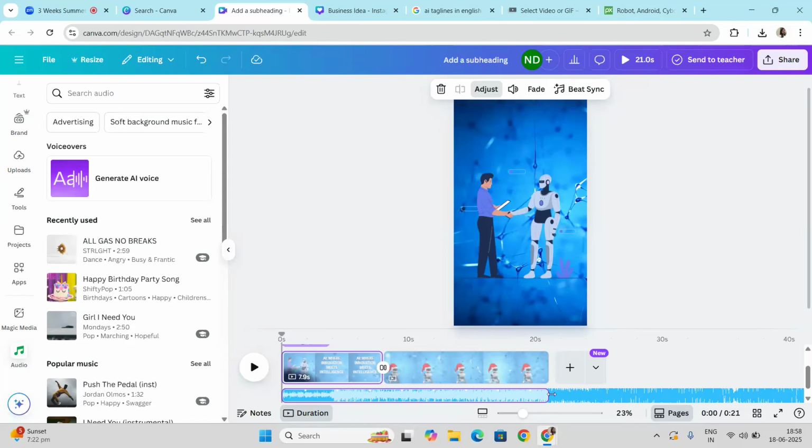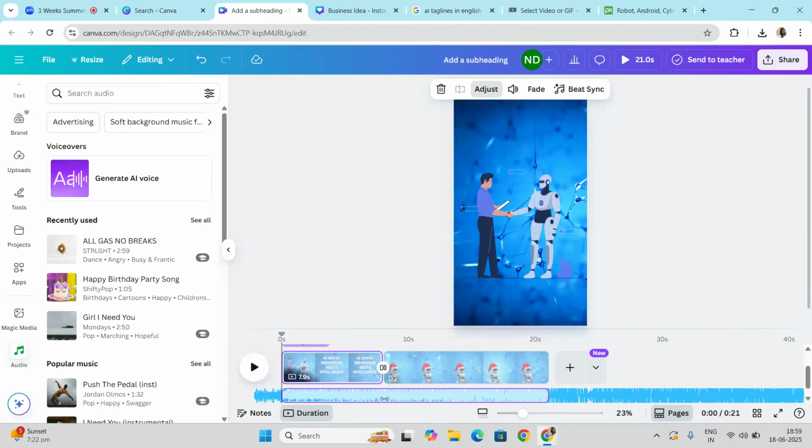By clicking on the adjust button, the rest of the music will become visible to you. So you have to click on the adjust button and just drag. You have to listen to it simultaneously so that it is audible to you,